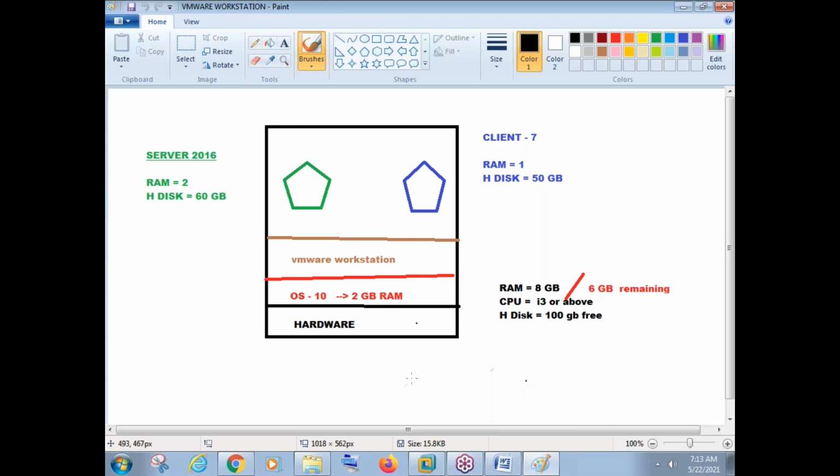There is a hardware. We know we should have minimum 8 GB RAM in our hardware, and on top of the hardware we have some operating system already running in our machine like Windows 8, 7 or 10, whichever. And on top of this operating system we should install the VMware Workstation. Installing VMware Workstation is not a big deal. Just open the VMware Workstation setup file, double click on that setup file and follow the instructions. If you know how to install any application, you can easily install VMware Workstation.